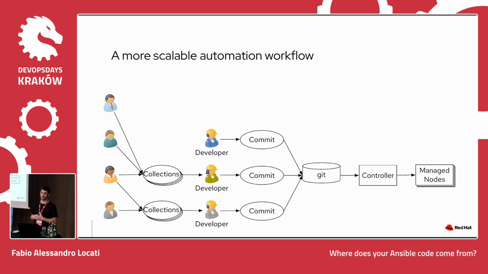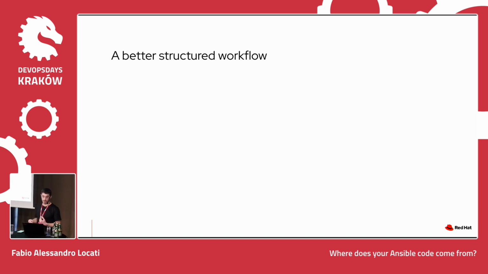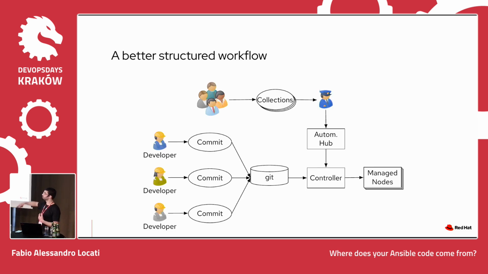Okay, it might be interesting to see exactly where those people come from, what their background is, and whether they are doing any security check. Do we, as an organization, have any security check on the code that they are writing and we are executing? Hopefully. So usually what happens is that the organization says, well, let's put an automation hub here, same thing as